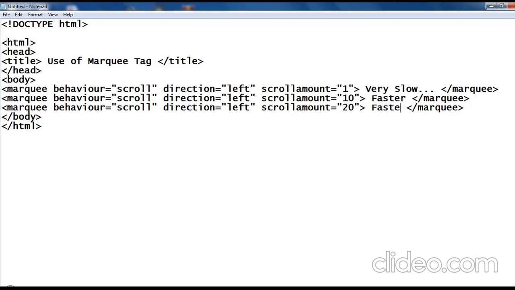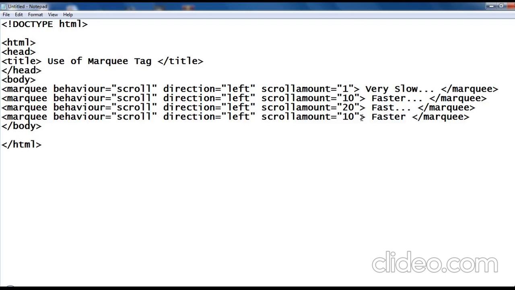So it is fast compared to the previous two. Okay, let us have one more marquee. Change the scroll amount to 50.